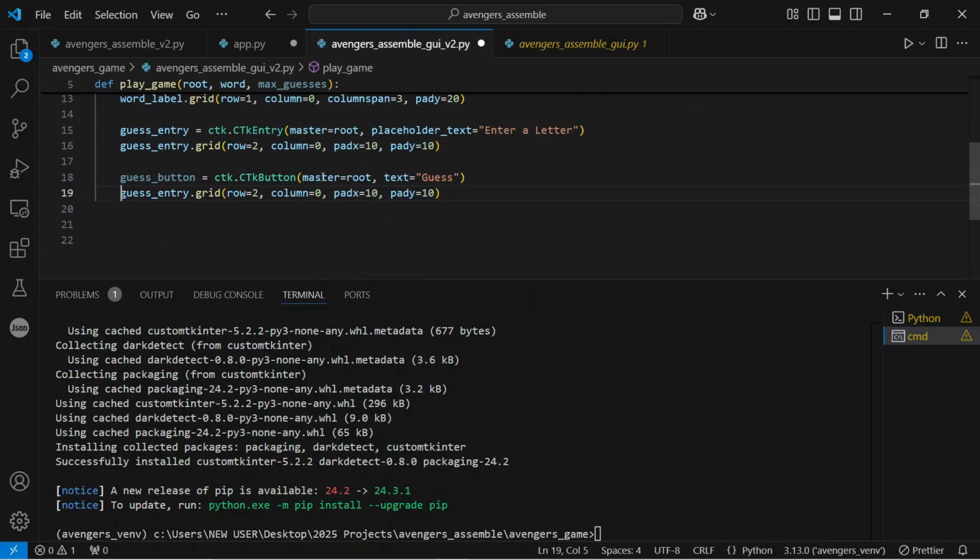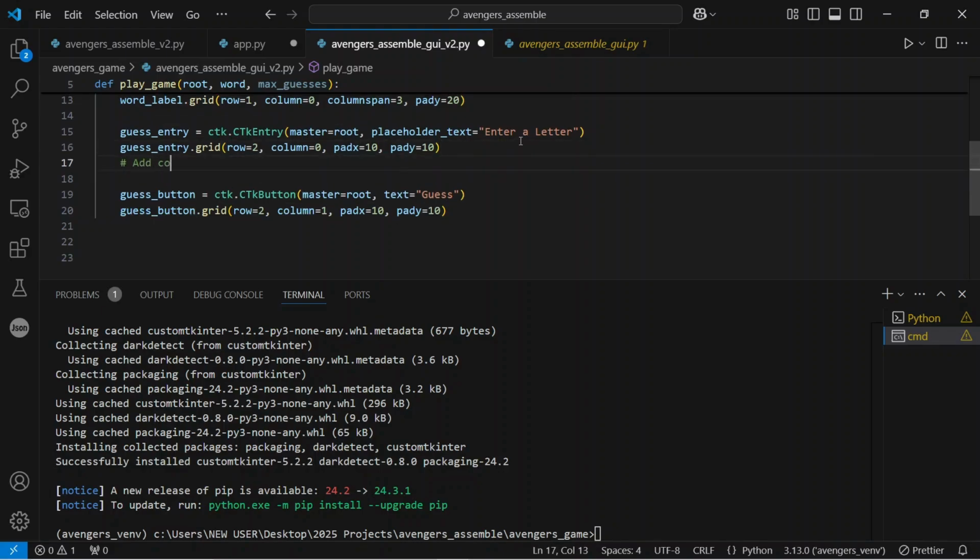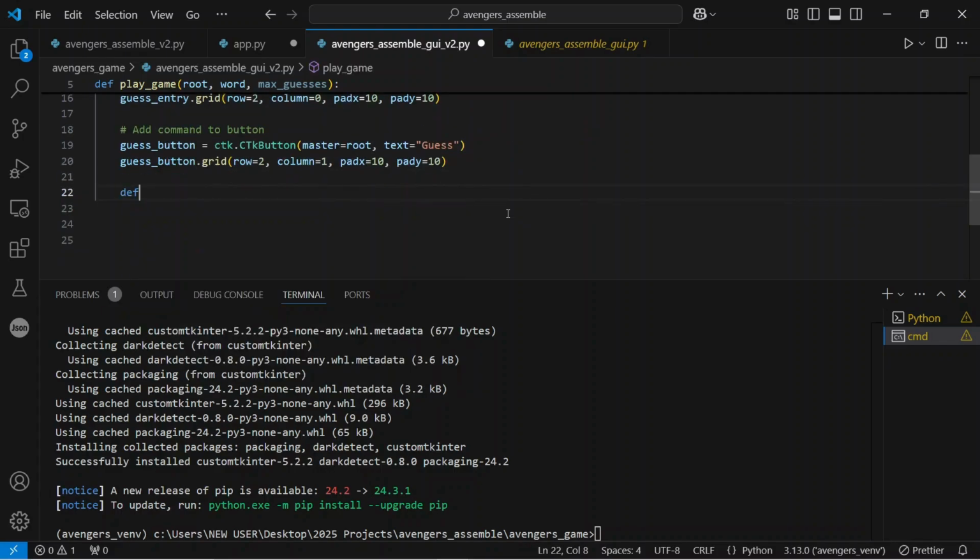Also, after creating a button, we get to add it to the window in a particular location based on the row and column that we entered, 2 and 1. Again, more spacing and so on. So the command button, we're going to take care of that shortly, but let's jump into the next function,